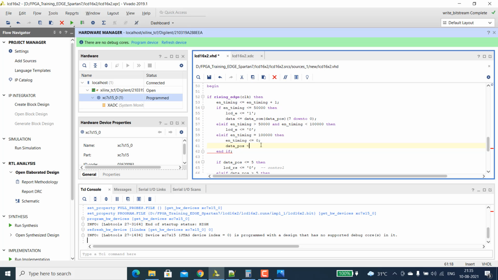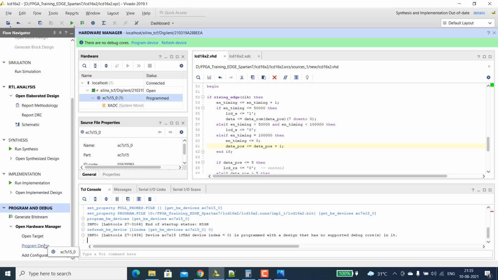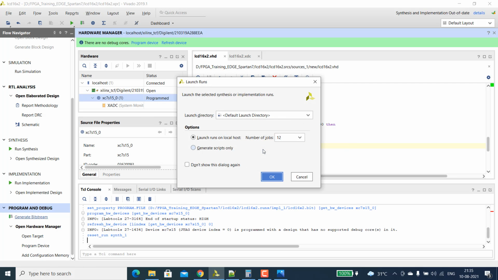It should be data position plus 1. Yeah, this is the actual error, so there is no data displaying. Generate bitstream and check the output.